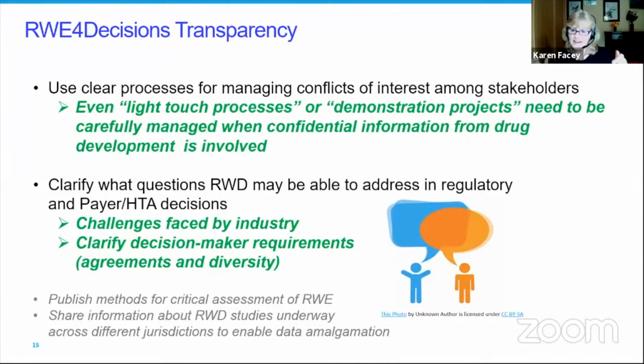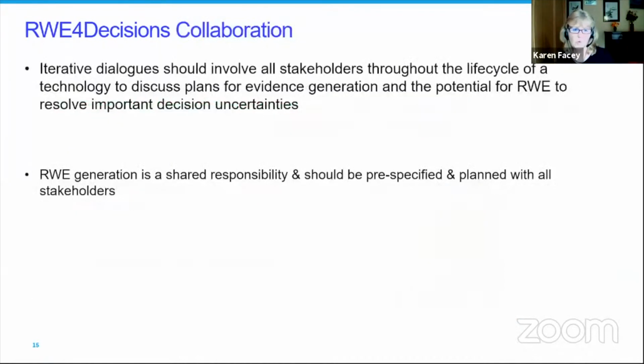We also identified this issue that within transparency, we need to be clear about what's important. And within that, the dialogue is important. So as HTA and payers, we could create a long list of questions we'd like answered, but actually we need to hone those down to what are the most critical ones, so that we can make a decision about value. Then we need to listen when the industry say, well, actually, yes, that's all well and fine, but we got 10 different requirements from 10 different bodies, and they were all slightly different. So we need to be clear about the areas where we can agree, and the areas where there is divergence, where perhaps we need a little more work.